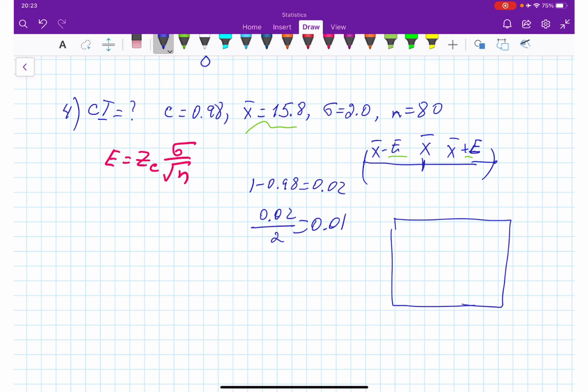Oh, I got 0.0099. Okay, so z critical for 0.98 is equal negative 2.33,